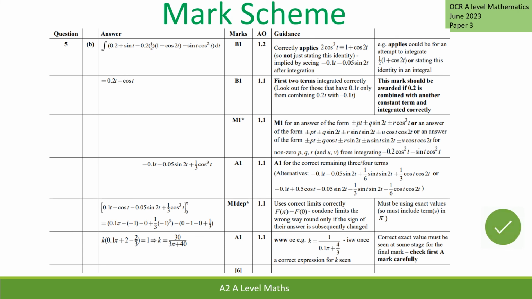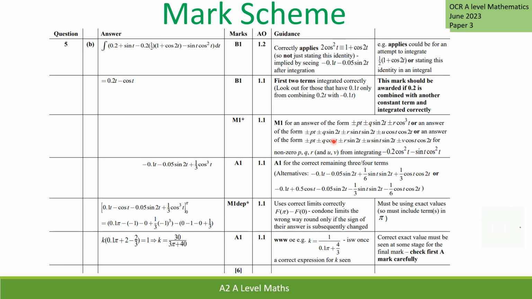The mark scheme for part B again shows the method marks here totaling 6. So B1 are method marks, M1 is a method mark, A1 is an answer mark. You cannot get a method mark or an answer mark until you've got method marks. The stars here, if you look on the right hand side for the guidance, it means it could be anything